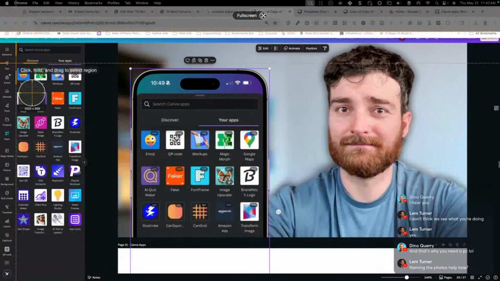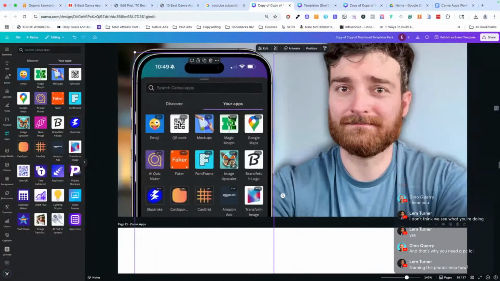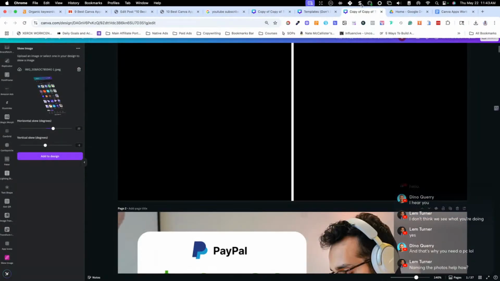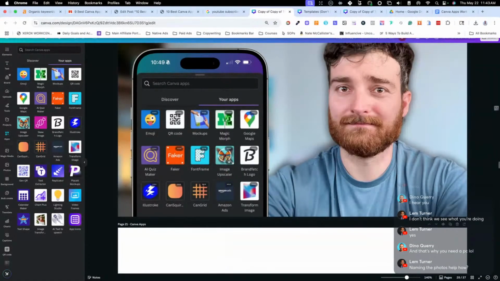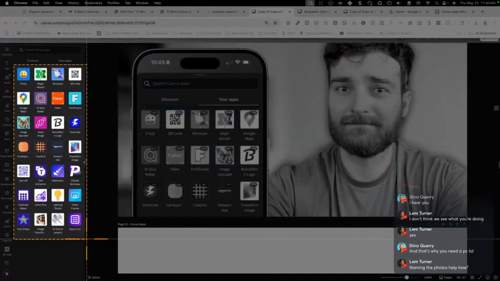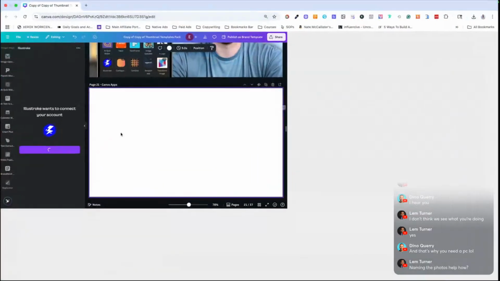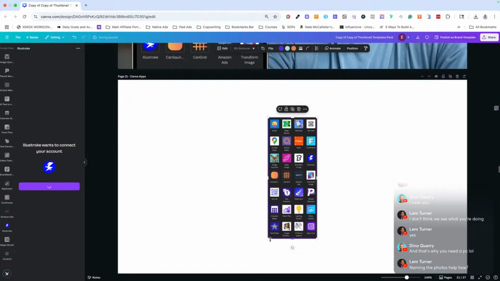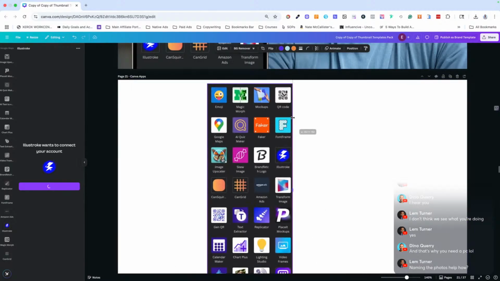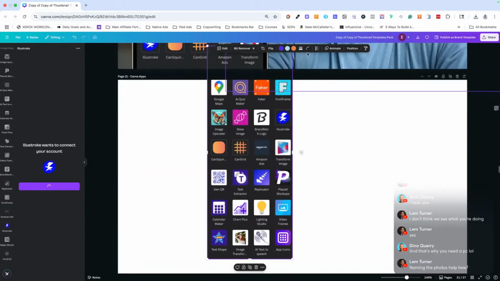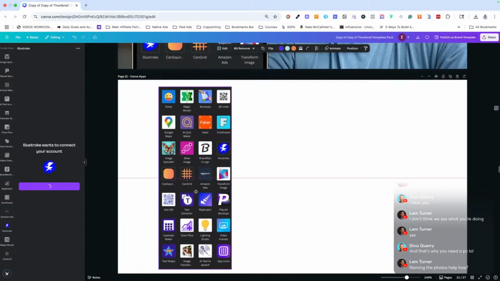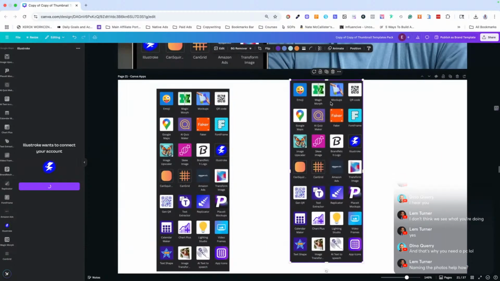Grab these again. Actually, I already have them. So let's do this. Ah, dang it. I didn't do it this way. Hold on. What I'm going to do, I'll just do it here. I want to actually get these logos for each of these. So what I'm going to do, and this part is kind of tedious, I'm going to make a copy and then